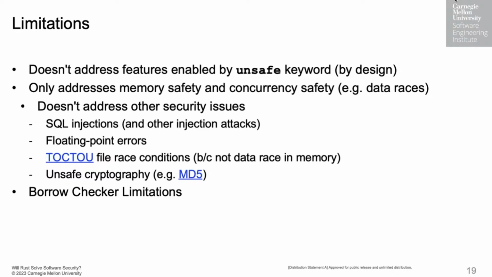There's many other types of security problems, and you can read all about them in our CERT rules or in, say, MITRE CWEs. SQL injection is one such type. There's deserialization vulnerabilities. Those are nasty in Java and Python and Ruby. And then you can have other such programming bugs like floating point exceptions. If you expect to get the value 5.0 and you get 4.999995, well, depending on what you're doing with that value, you can have some serious problems, and Rust does not help you with those.